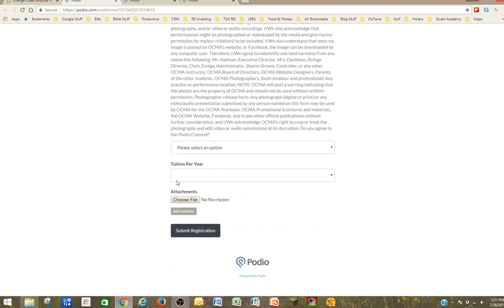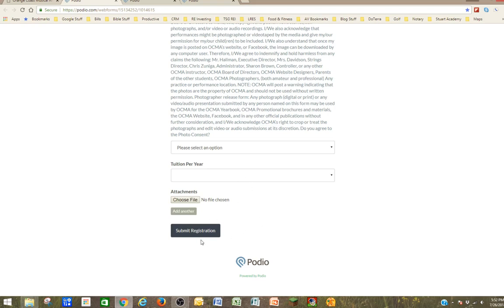When we get down to the very last item, the attachment, the choose file, this is where you would put in the student's medical release form. Like I said earlier, it's kind of like attaching a document to an email. You just choose the file, click this button, and if you've got it on your desktop, you'll just click on that, and then you'll be able to have the medical release form as part of the profile for your